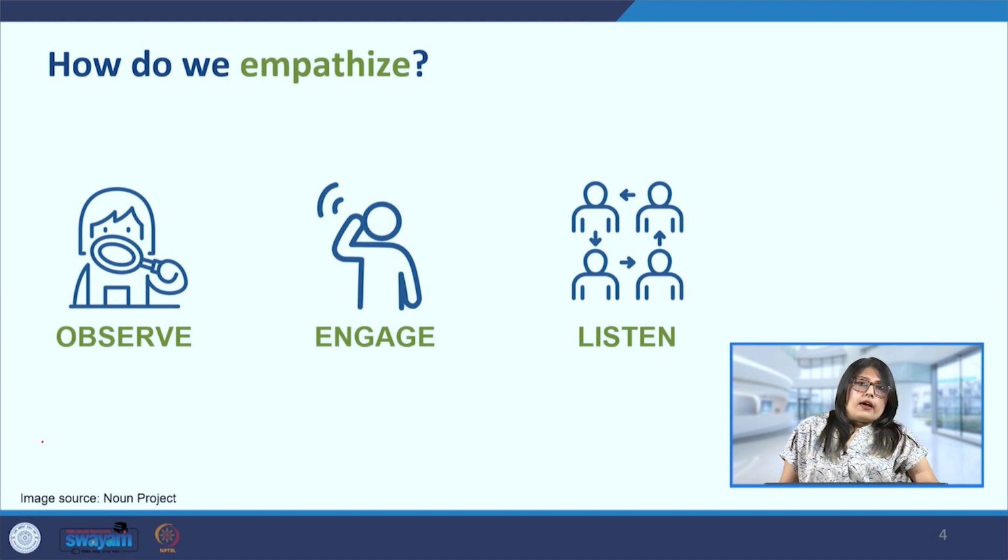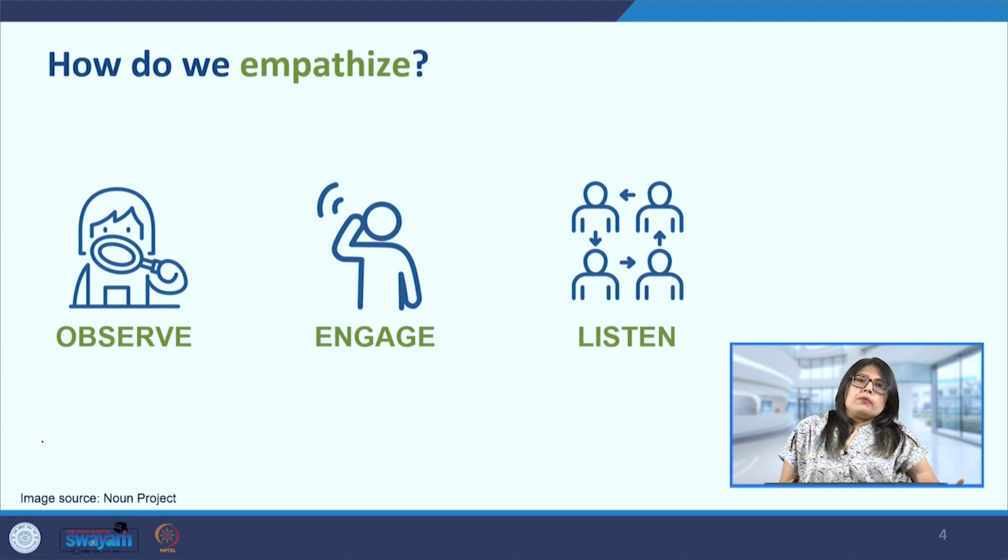And then we have to watch and listen. We have to be unbiased, because we want them to be transparent with us, so it is only justified that we also be transparent. We are not judgmental. Our body language, the way we speak, the tone we use, the words we speak, all of those things together have to convey to the user that they can trust us. And we have to watch their emotions.